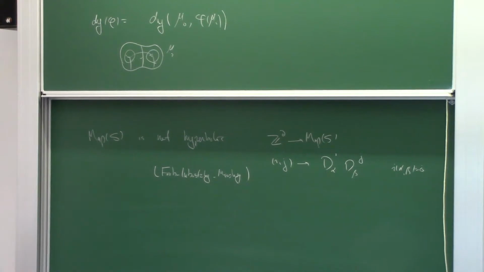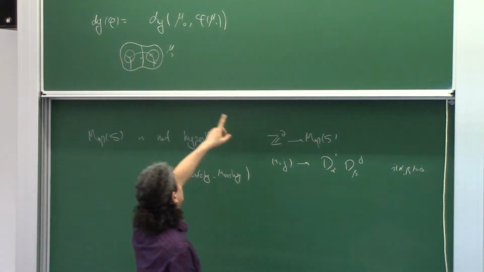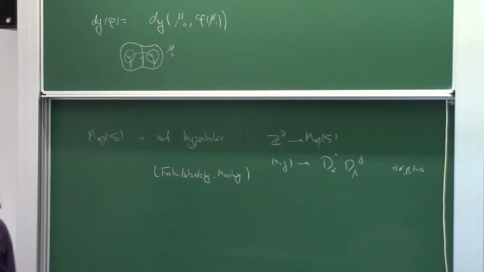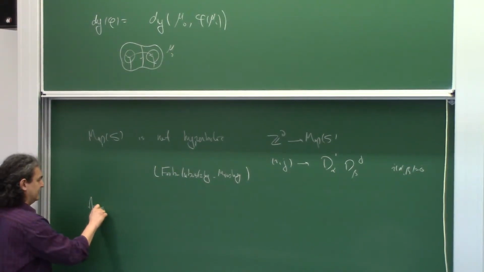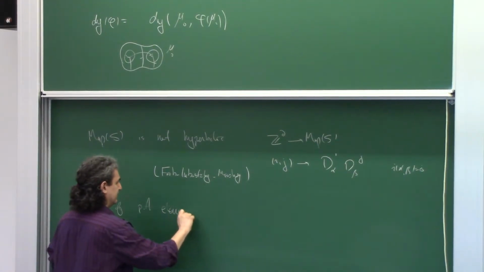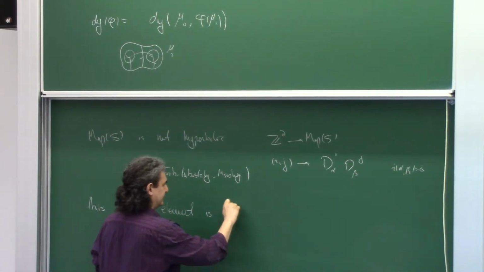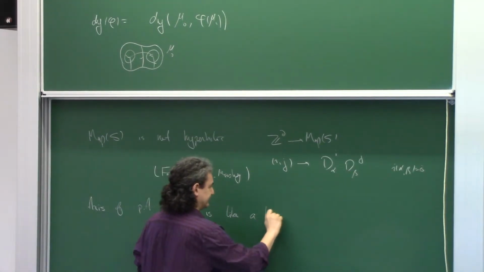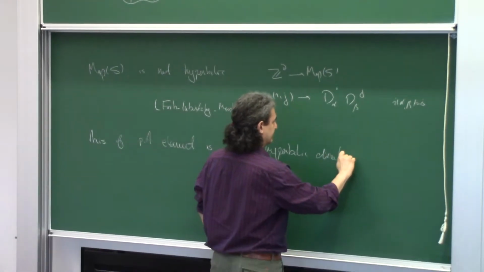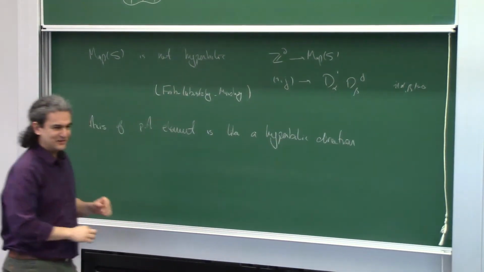So it's not at all hyperbolic, but it has directions which kind of look like hyperbolic spaces, right? So the curve complexes that are involved in the distance formula are hyperbolic. So as long as you don't have this issue of disjoint subsurfaces, things are hyperbolic, right? So the axis of a pseudo-Anosov element is like a hyperbolic direction. These are all old news, so it's kind of nice to talk about it.